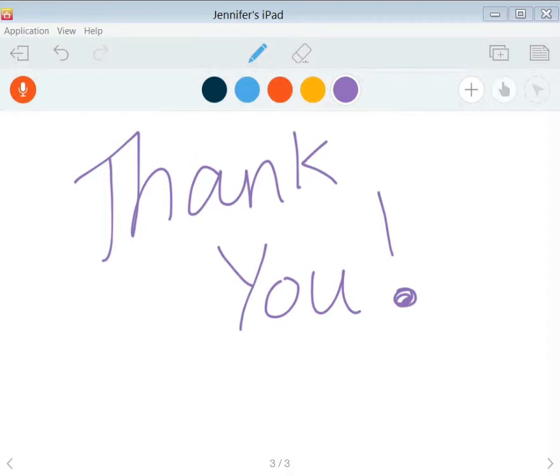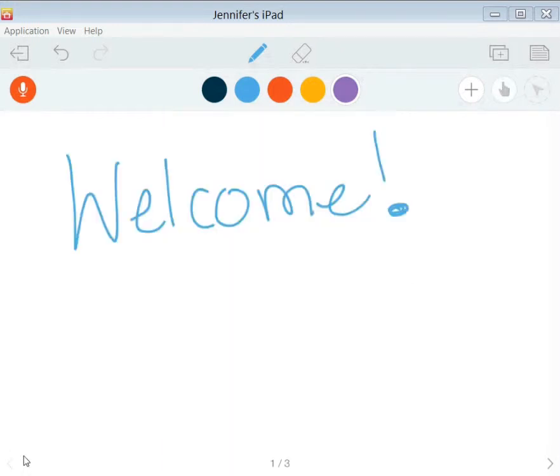Now I want to add some words to my presentation. So I will click this button in the bottom left-hand corner to go all the way back to my first page. And to add some words to my presentation, I'm going to click on this microphone here, and it will start recording for me right away. And I would click it again to stop. So when I click on it,